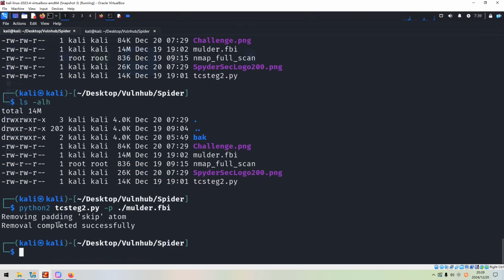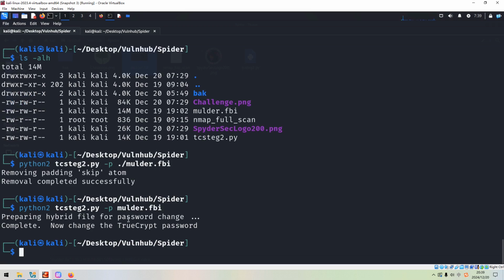As you can see, this is the removing padding skip atom, but nothing very interesting, right? However, if you run Python 2 and maybe model, as you can see now, change the TrueCrypt password. So I think by this we can know that this file has embedded some sort of a TrueCrypt.